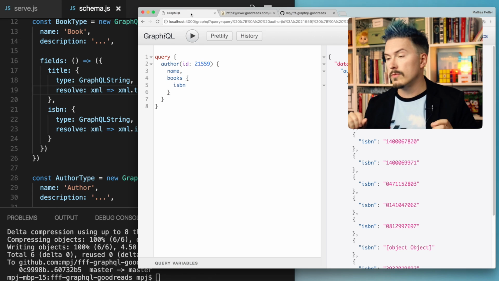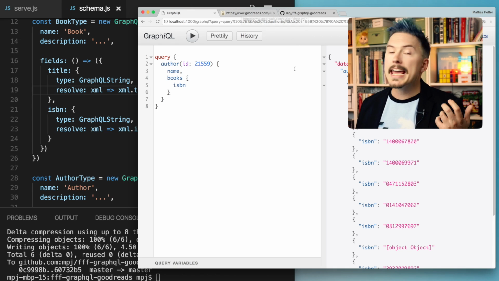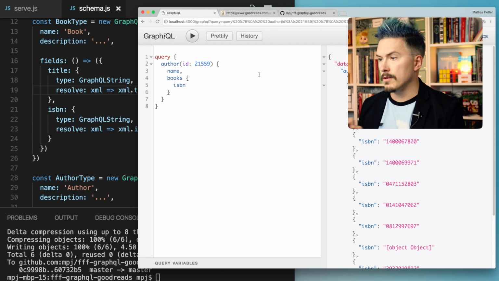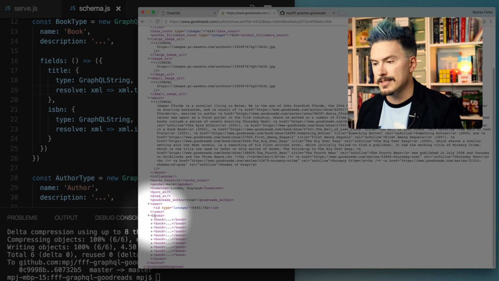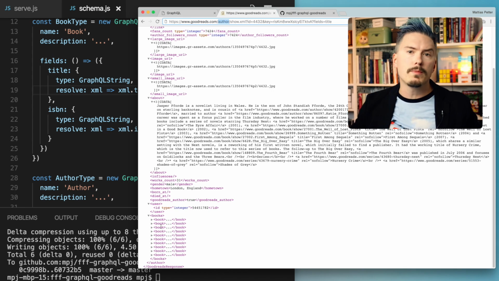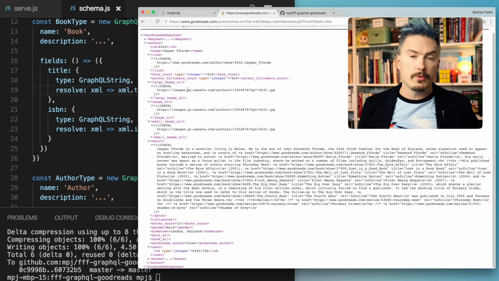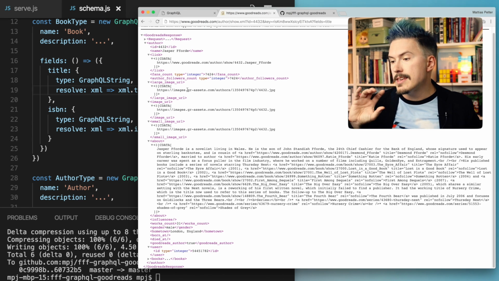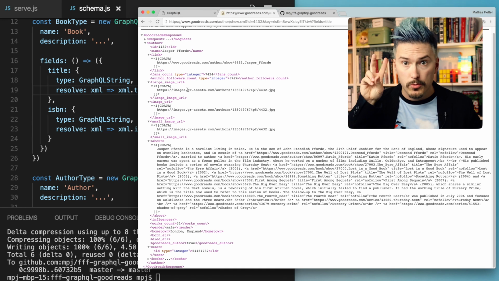However, this is just scratching the surface of what GraphQL can do. What I would like to do next time is to show you some of the lazy data fetching capabilities of GraphQL. Next time we're going to pretend that our GoodReads API didn't have this, because the author endpoint here includes all of the books that an author has, which is a pretty weird API design. Normally in REST APIs, they are not quite as aggressive in including stuff like this because the payload becomes huge. Normally you have to first request an author and then also request another endpoint, the books endpoint or something like that, to get the